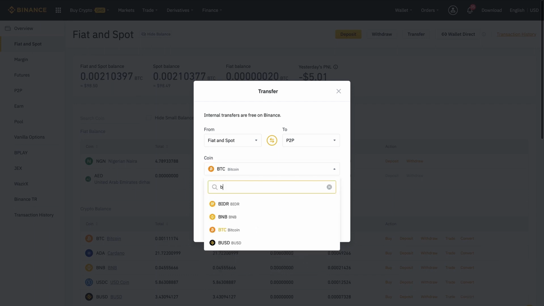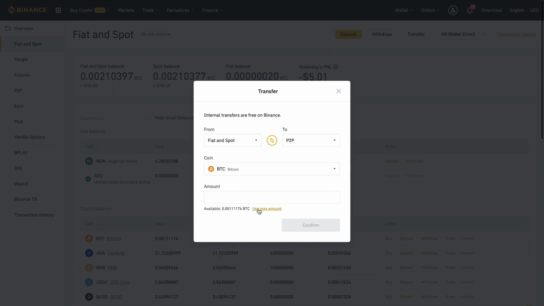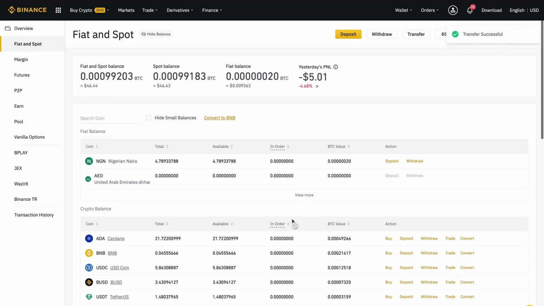Or I could just type BTC in here. And I'm going to use my max amount. I'm just going to move everything and click on confirm. So after I click on confirm, it should transfer successfully straight to Binance